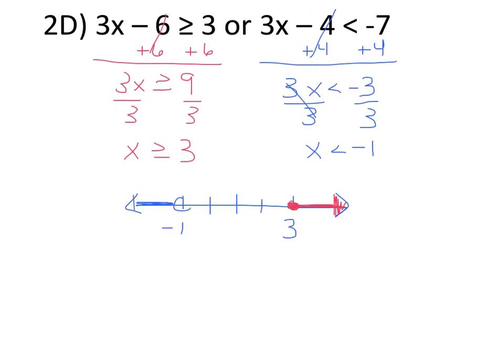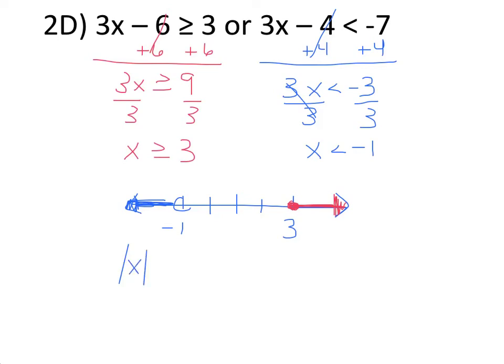Okay, so now again, what's been graphed? Everything here's been graphed, and everything over here has been graphed. Nothing in the middle. Okay, so in this case, this is just that typical OR that we were looking for that we talked about a couple examples ago. And so my final answer, set bracket,